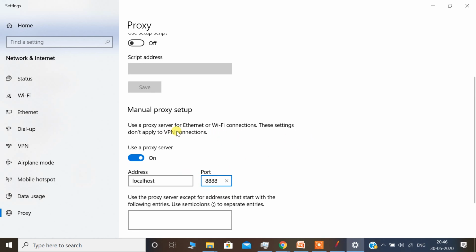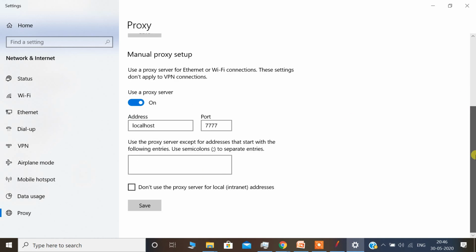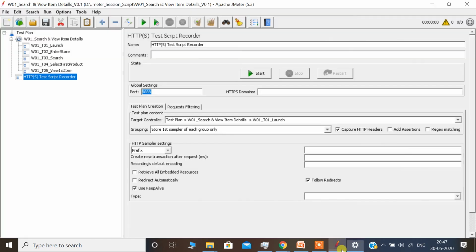In case this port is used by something else, you can change the port. Let's change to 8080 or 7777. Let's say let's use 4 times 7 port number. If I am changing the port number, I should set the same port number here also.